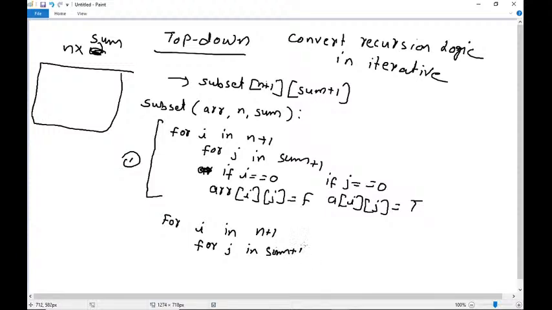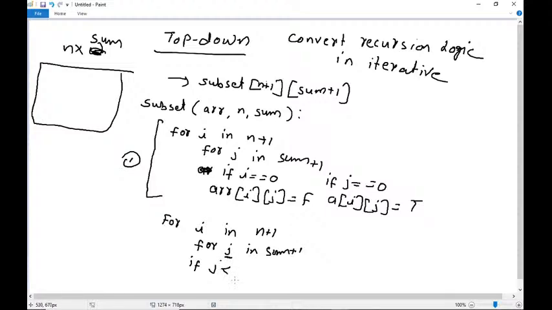Inside this I have to write the condition: if j is less than the item, that is, sum is actually greater than,